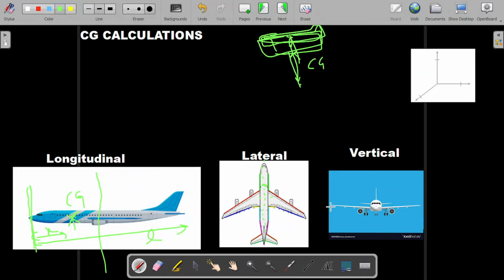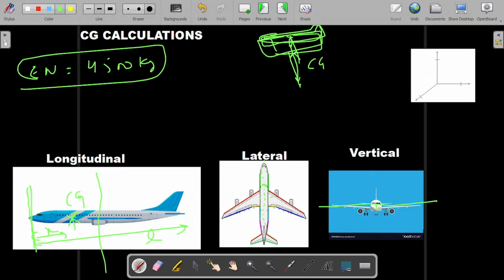And same if we go vertically, so if this is the axis, it can be a little bit above, it can be a little bit low, depending on the weight distribution of the body. So this is the explanation: let's say the empty weight of an aircraft is 4500 kgs. This is the weight which is provided by the OEM manufacturer, and which is always there in the manual